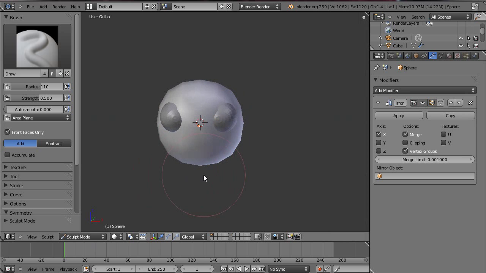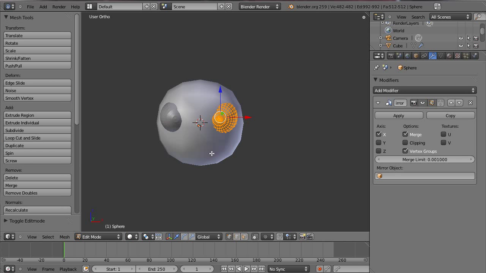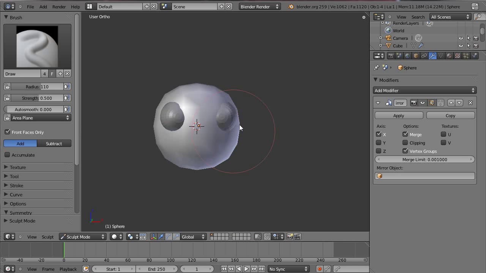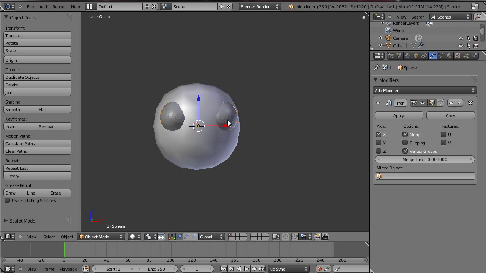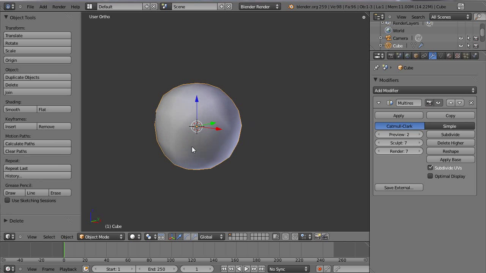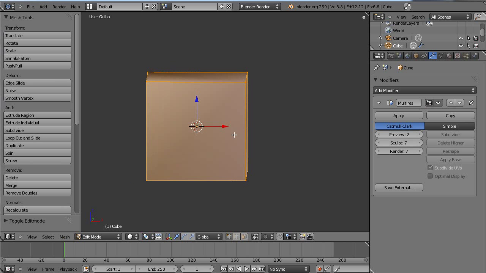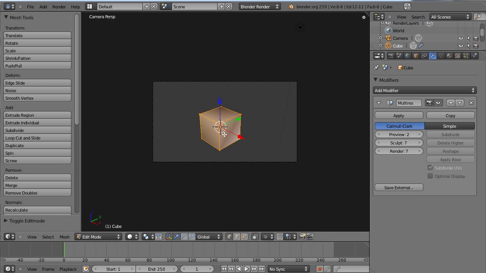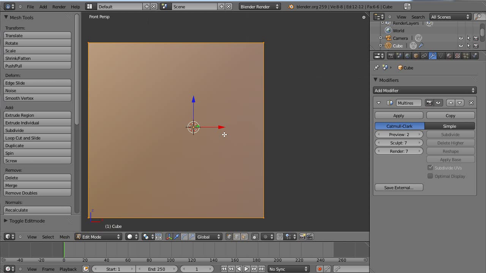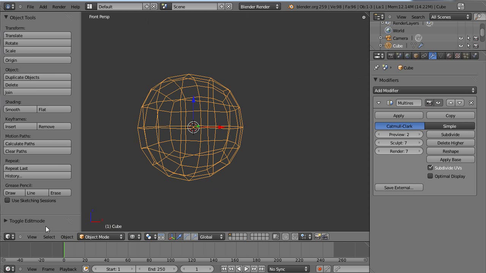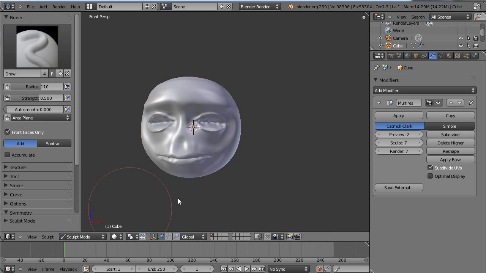Go to sculpt. There's no real easy way to do it in a separate object, so what I will do is in edit mode for the cube, I think. Oh, sorry. Too much screwing around.